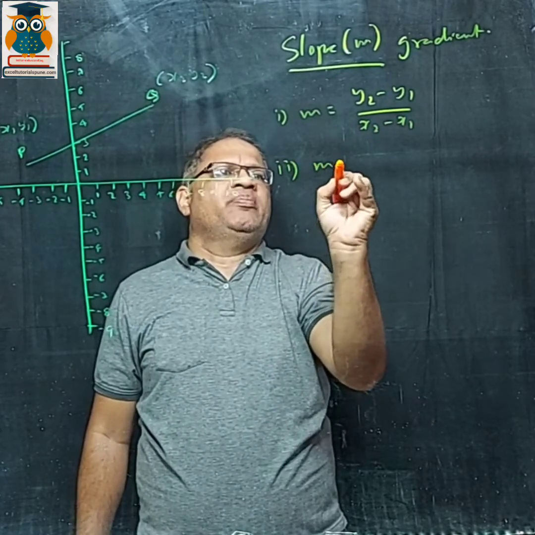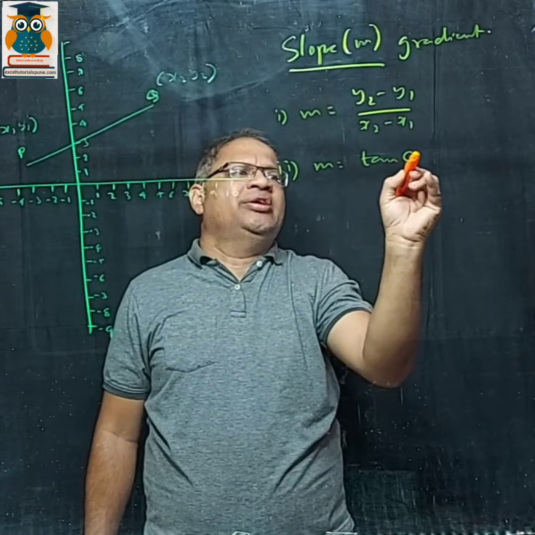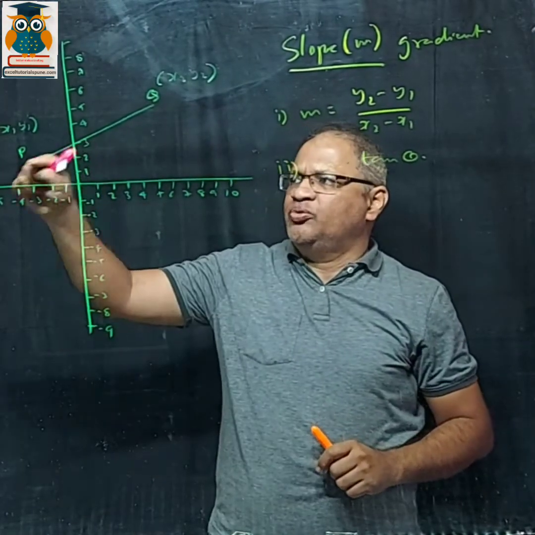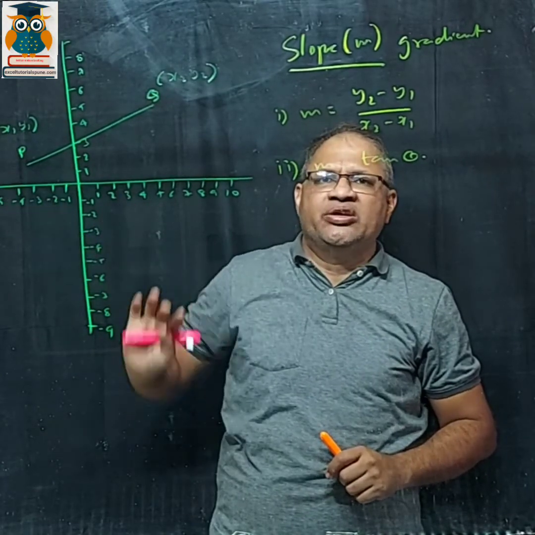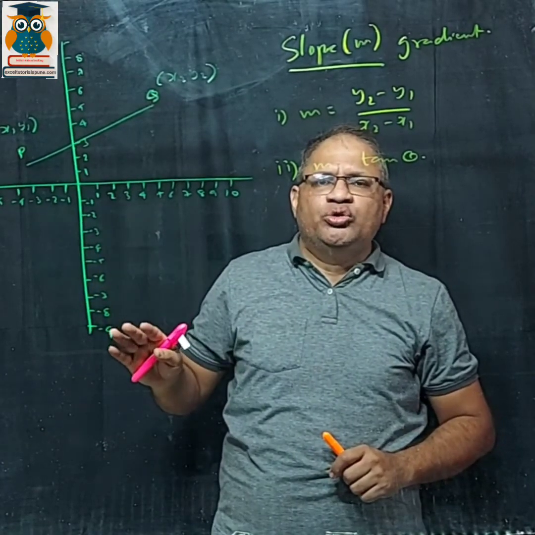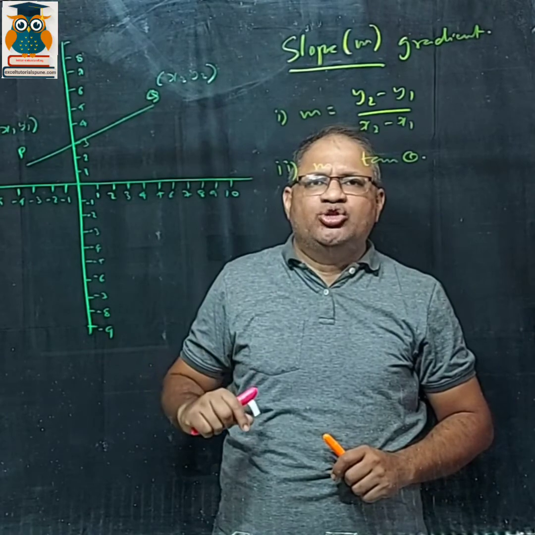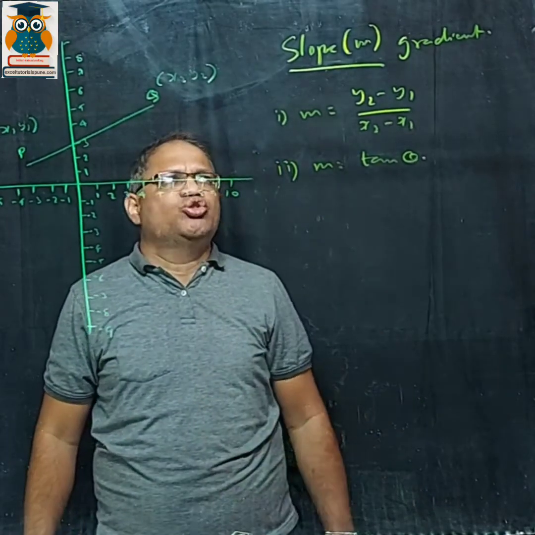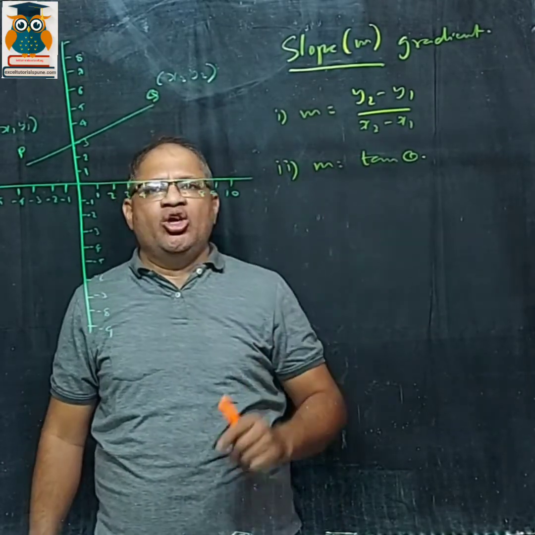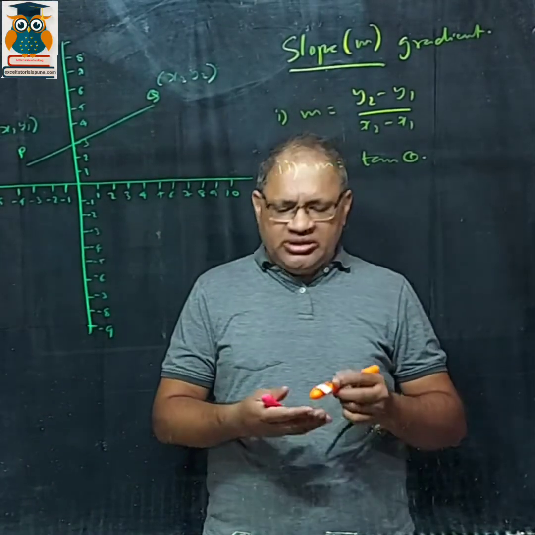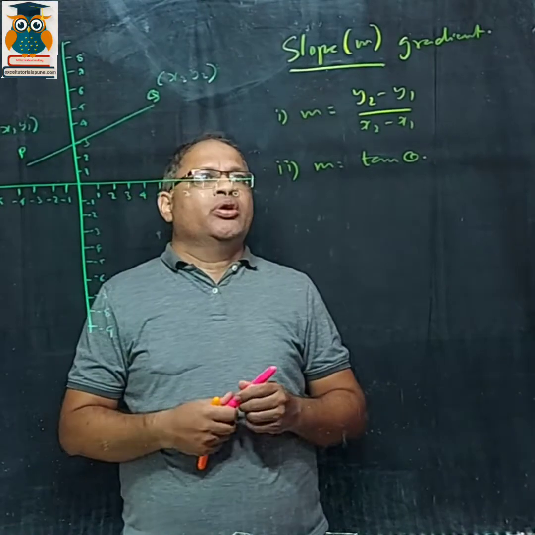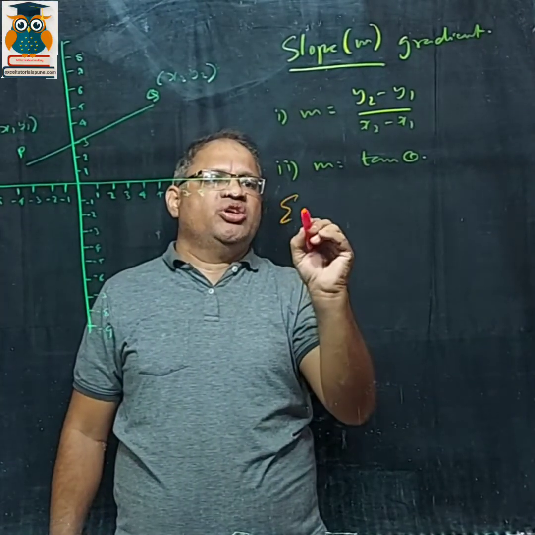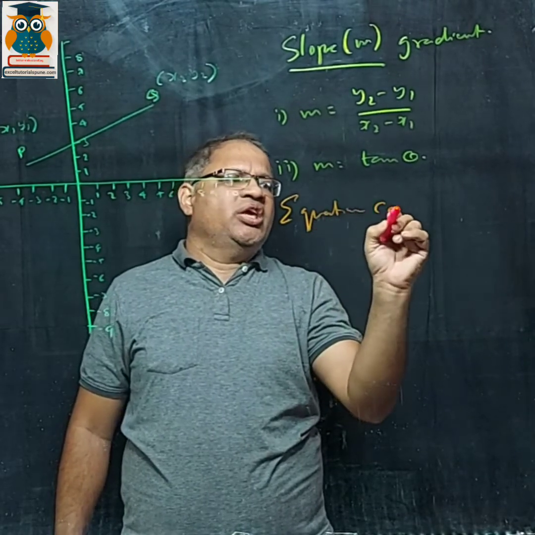Slope is also given by the formula m is equal to tan theta. Now supposing they have given an angle of inclination, supposing this is extended and the angle over here is 30 degrees, then you are going to use tan 30 for finding out the slope, and tan 30 is 1 by root 3. So you can find out the slope or the gradient by any of these formulas. Now the second formula you need to know is of the equation. Equation can be found out.